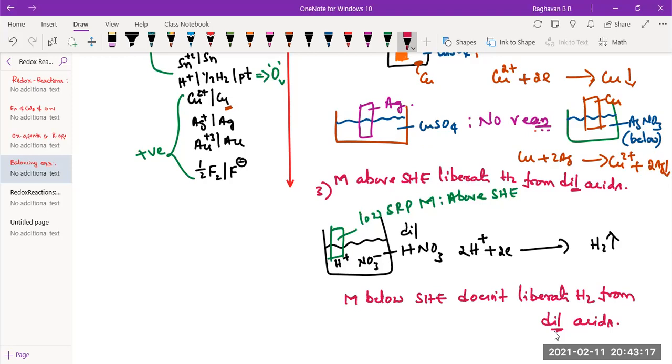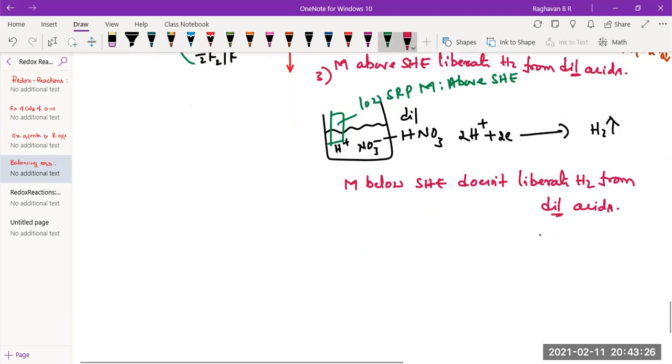Metals below SHE don't liberate H2 from dilute acids. So this is one. And next, at least my job in electrochemistry should be easy. And doing everything. Four, you can construct a voltaic cell